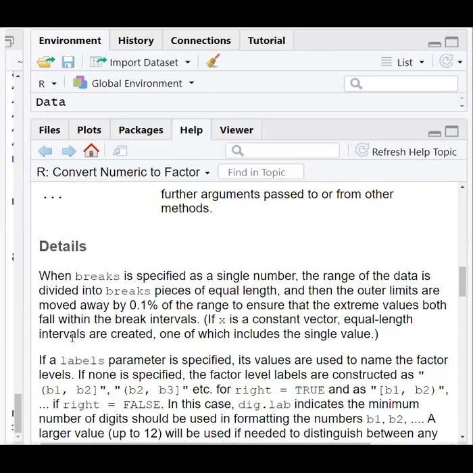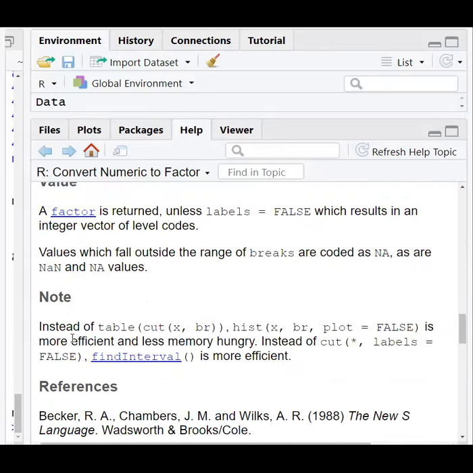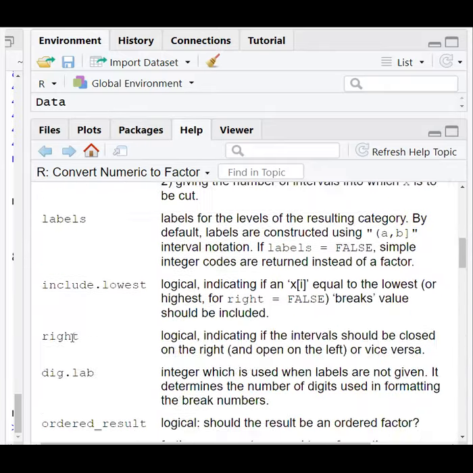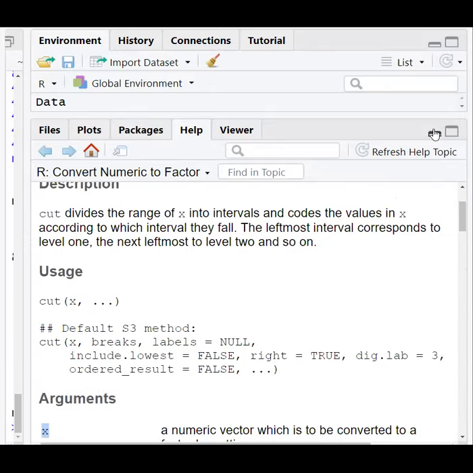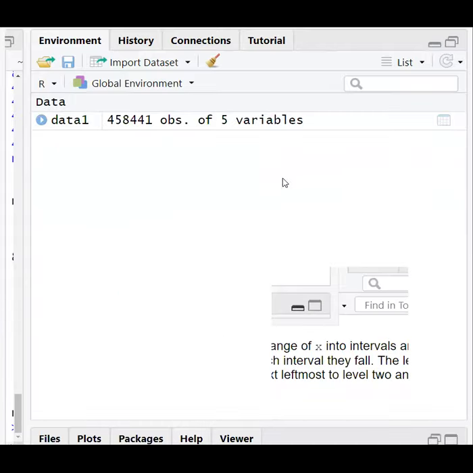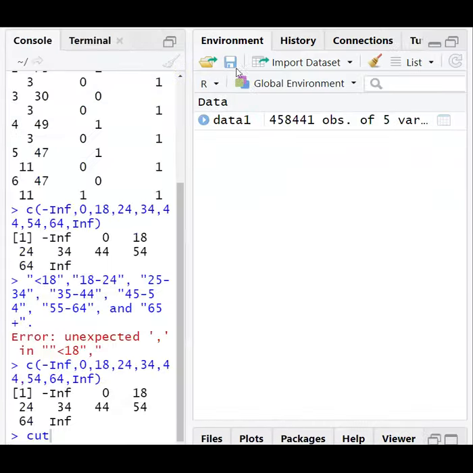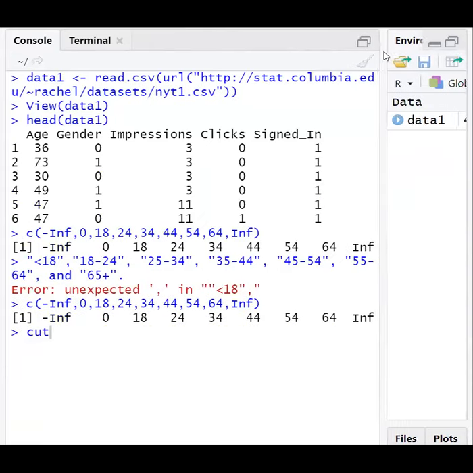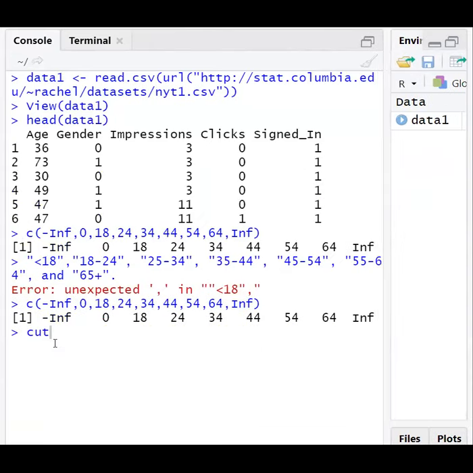Many options are there. On this particular window, what we have to do is cut the age field. So we can specify like this.